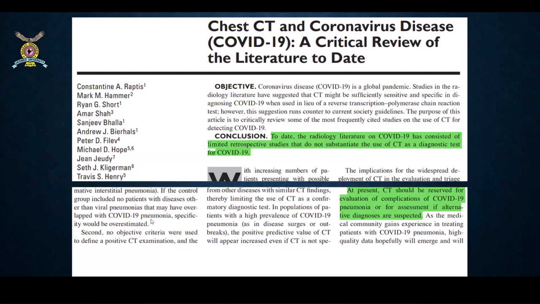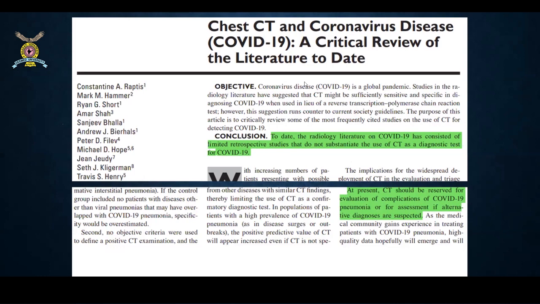So as we know, CT is a promising complementary tool in the detection of lung changes, especially the early lung changes in COVID-19 patients, because of its rapidity, the early availability of the results, and ample availability of the machines in the town. But unfortunately, till date, the guidelines say that CT is not to be used as a diagnostic tool, or as a screening tool, in COVID-19 patients.